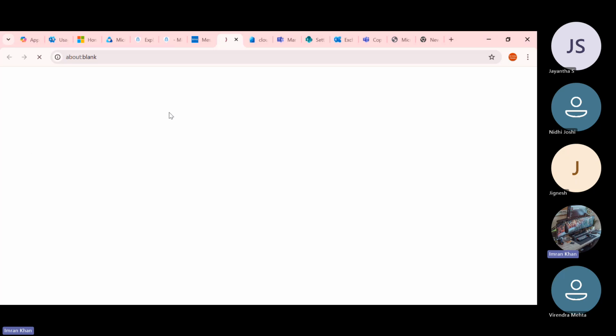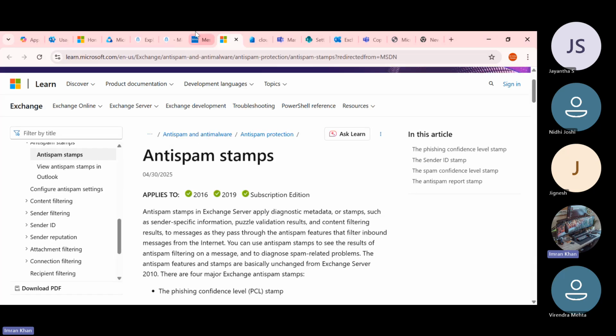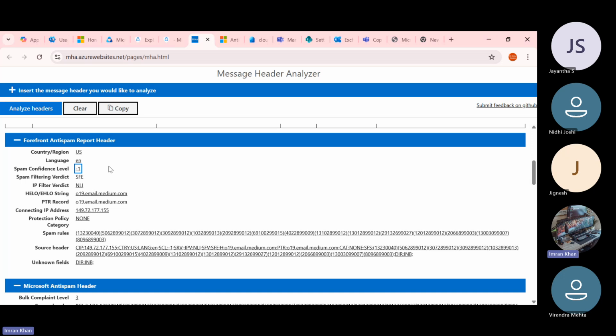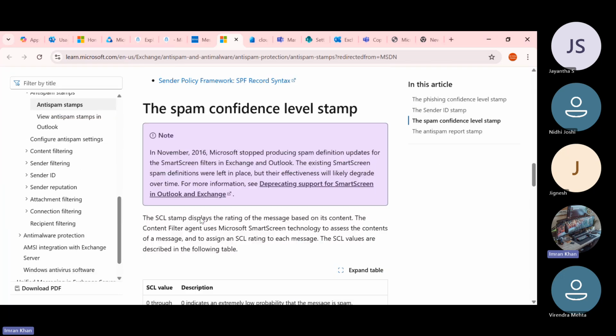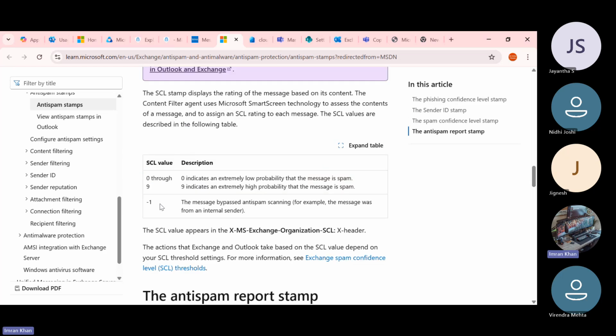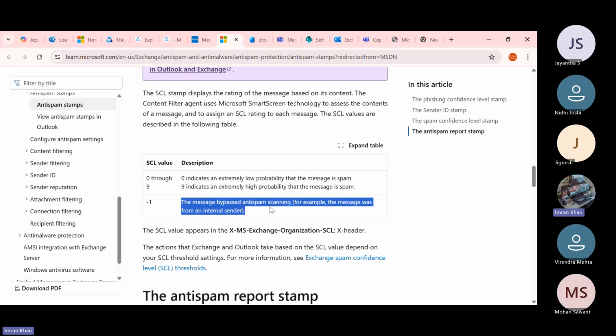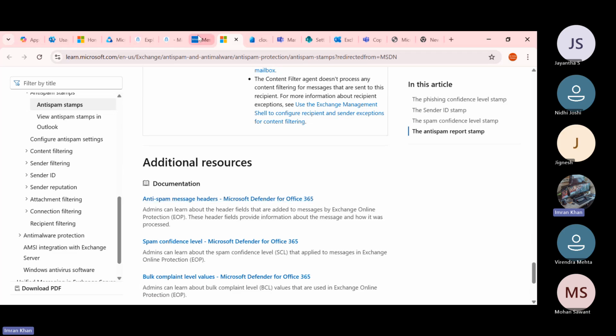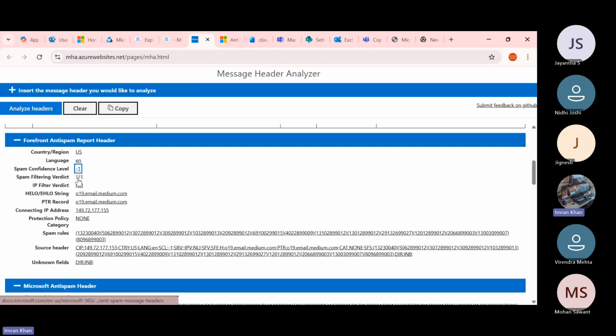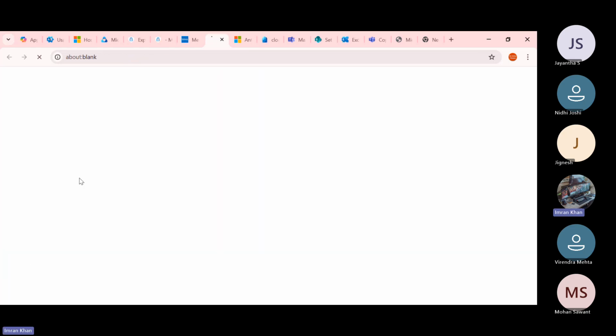When I click this one, a Microsoft article is opened. You can see what it means: a spam confidence level of -1. So what exactly is -1? This message bypassed anti-spam scanning, for example, because the message was from an internal sender. Okay. Some of the terms, like SFV, spam filtering verdict, when I click this one,